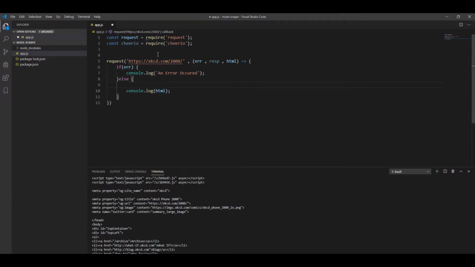In order to do that, we create a variable by the name of $. You can name this anything you want, but by convention we use the $ sign for jQuery, and as I said, Cheerio is the jQuery implementation for the server side. We are going to use $. So now we load the entire HTML into Cheerio. Now we can use jQuery functionality here. For instance, we can do something like $, and let's say we want to select